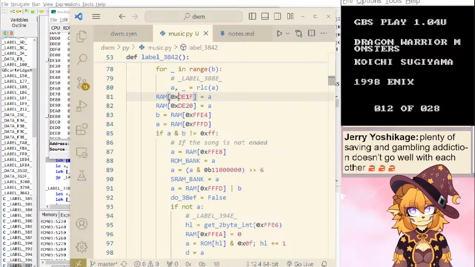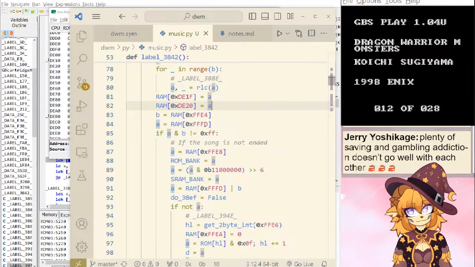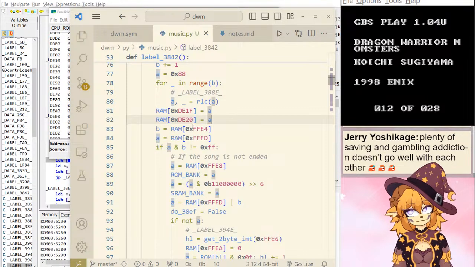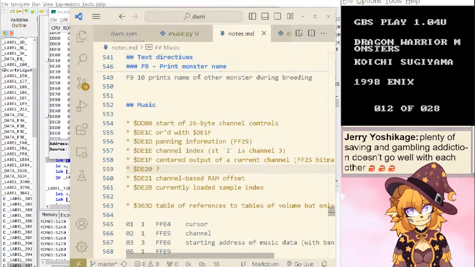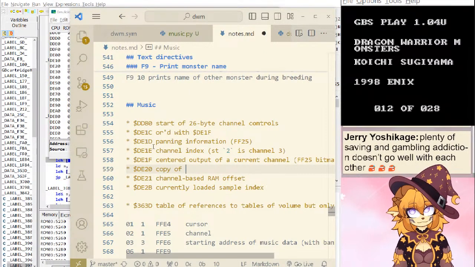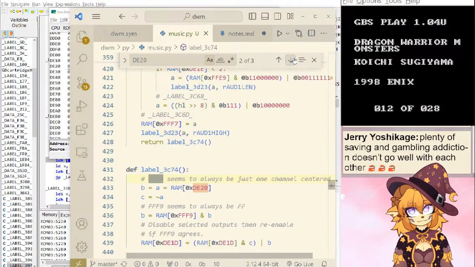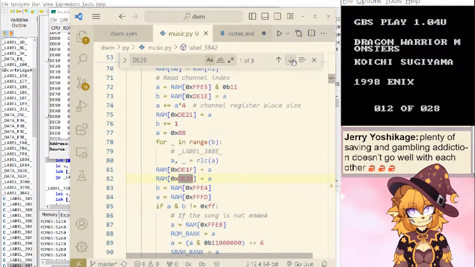It says that assignment for the current channel also puts that in 20. Surely that's adjusted somewhere. Or DE1F it is.